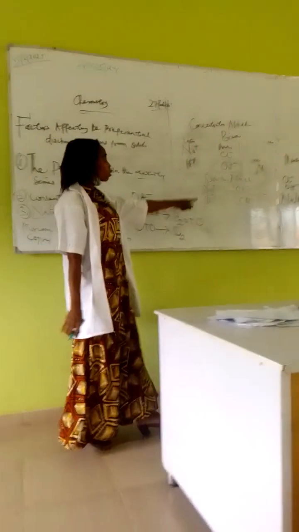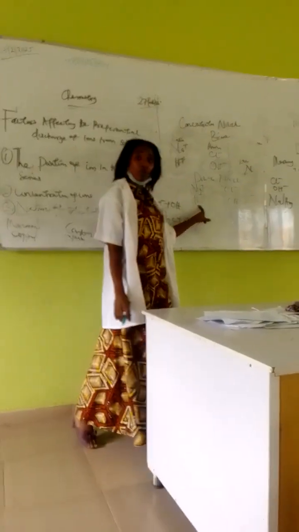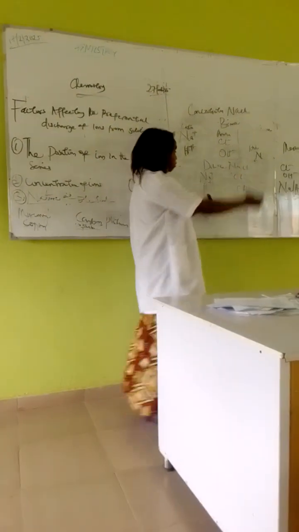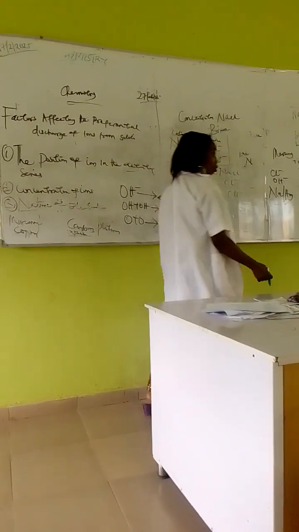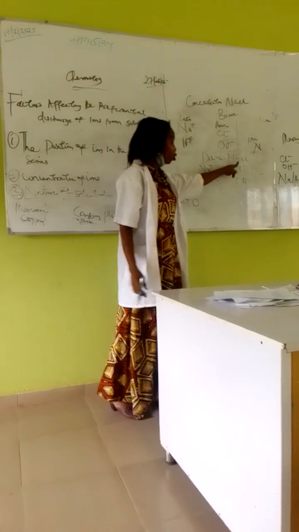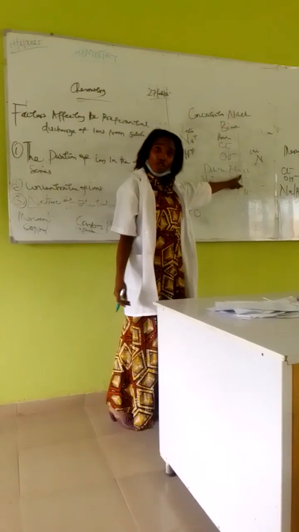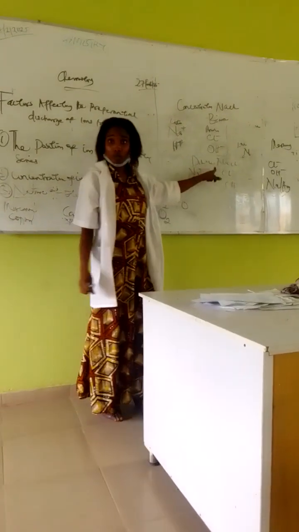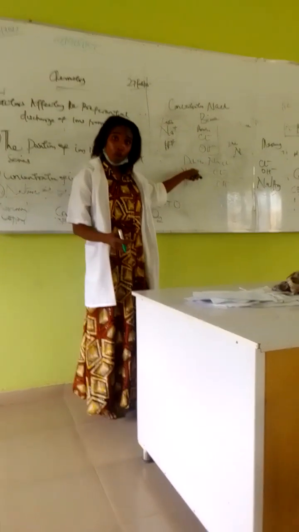Now, normally it's hydrogen that is supposed to be preferentially discharged. But because it's mercury electrode I'm using to conduct this electrolysis of dilute sodium chloride, and because mercury has affinity for sodium, it will be the one that will discharge instead of